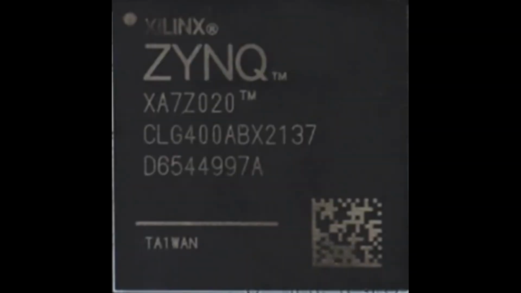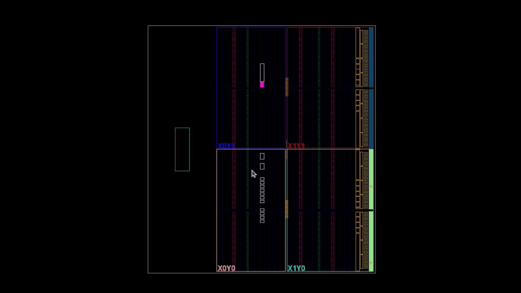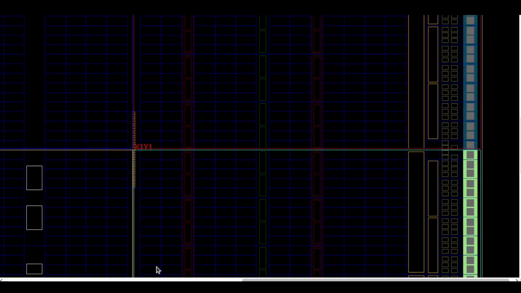I heard people don't understand what FPGAs are, so I'm here to make a short video trying to explain it. So the general idea of what an FPGA is: inside an FPGA, it has lots and lots and lots of